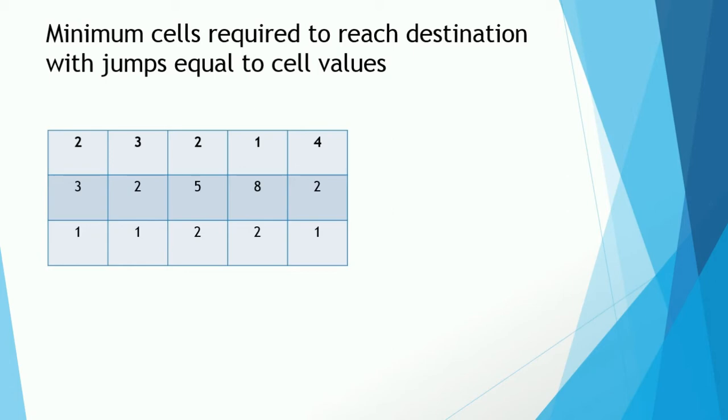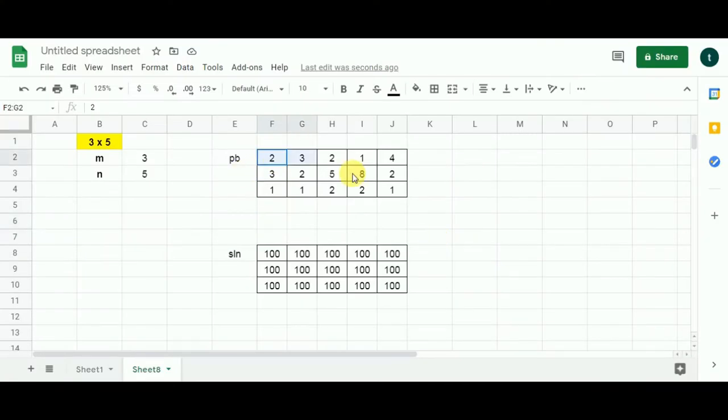Let's switch to the framework now. The first matrix here is the problem matrix given to us, and the matrix beneath it is the solution matrix. The solution matrix has been filled with 100 because I have chosen it as the maximum value. In relation to all the integers here, 100 seems the maximum value. You can choose any max value you want.